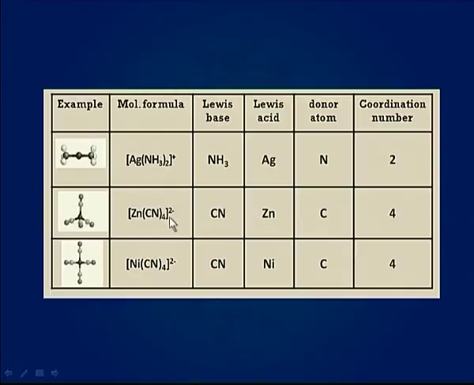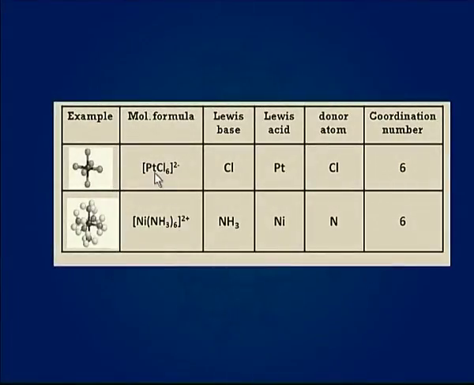In [Zn(CN)4]2-, CN acts as Lewis base, hence it donates its electron pairs. Zinc acts as Lewis acid and carbon atom of CN acts as donor atom with coordination number 4. In [Ni(CN)4]2-, CN again is Lewis base, nickel is Lewis acid, carbon atom is the donor atom with coordination number 4. Similarly, in [PtCl6]2-, chlorine donates its electron pairs, platinum accepts the electron pair, chlorine is the donor atom with coordination number 6,